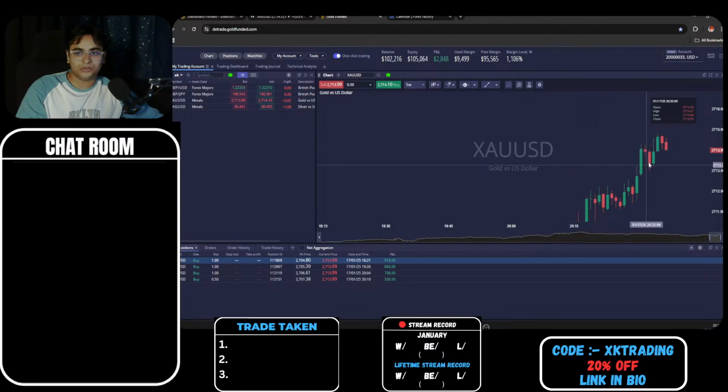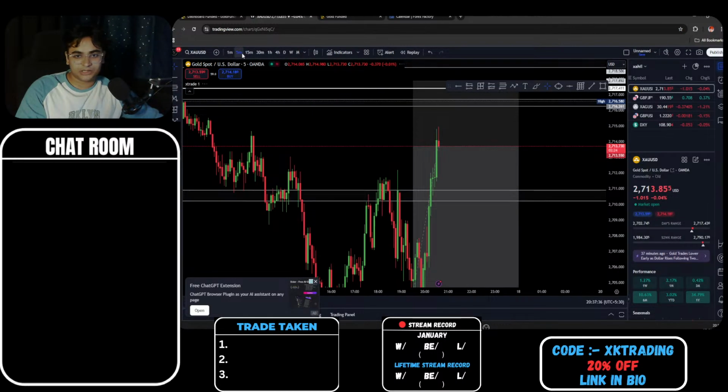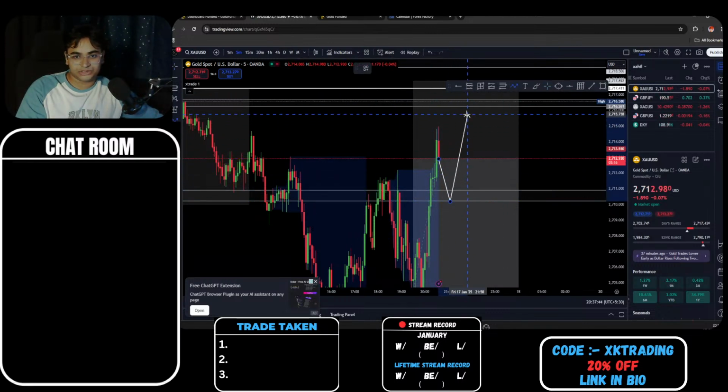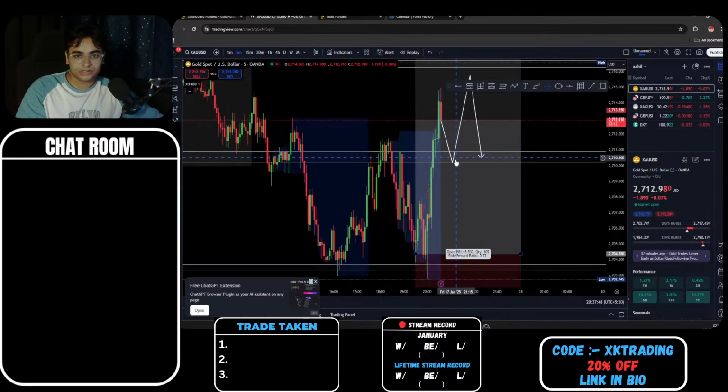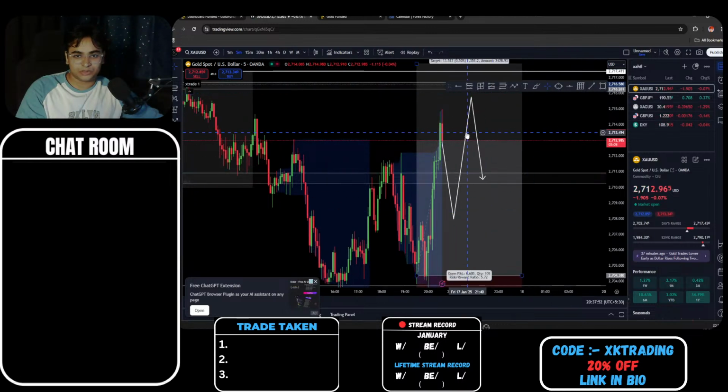Yeah, we did break the low here. I think we're going to be having a small pullback. Let's look at the 5 minute time frame. Yeah, we did break the highs. I think there's a high probability we will tap into these zones, then reject, and then move up. Or there's a huge possibility we can tap into this zone and then move up. So let's see what price does now.